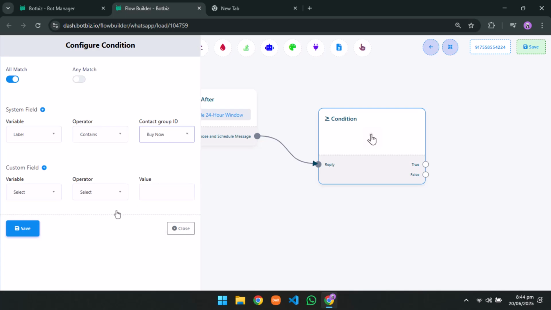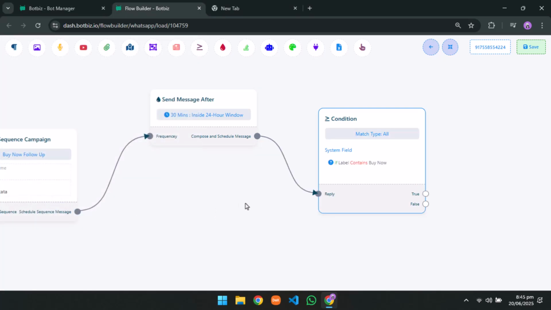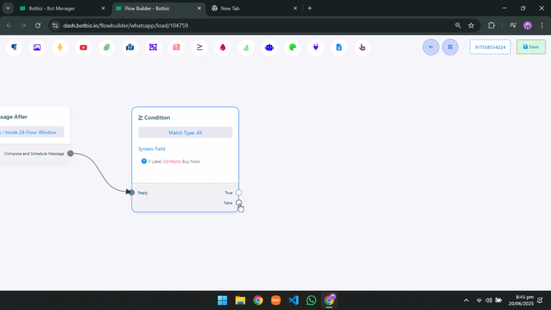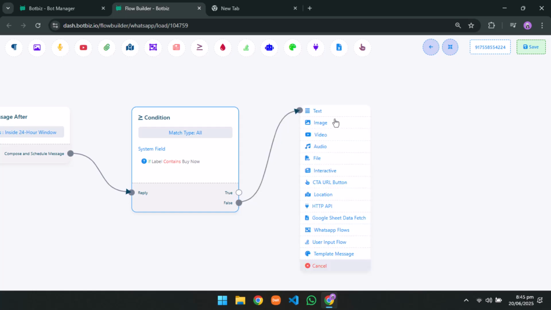Did you click on the button buy now? Because if you've clicked on the button buy now, you got a label as buy now. So did you get a label as buy now, yes or no? If not, that's when I'm going to follow up with you. And I'm going to tell you,